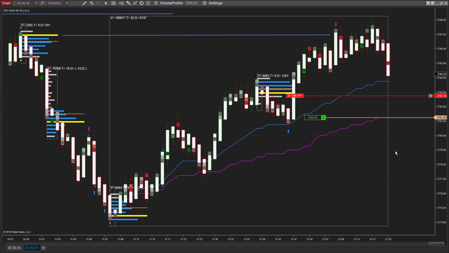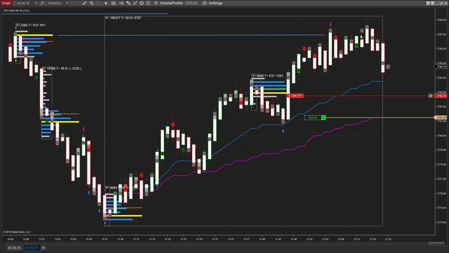Okay, so now this is really looking as though we've put in a double top. We're in between two key levels here. We had picked out the 88 up above. We're at 87 where we see the volume from the prior transition. We traded up to it, tried to break through, tried to break through, tried to break through, and now we've come off of it. So again, the logic here is that we see the prior transition